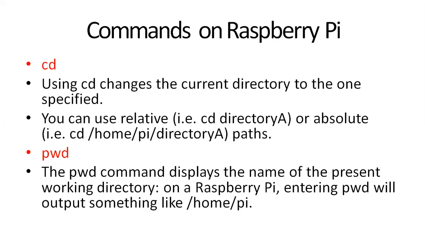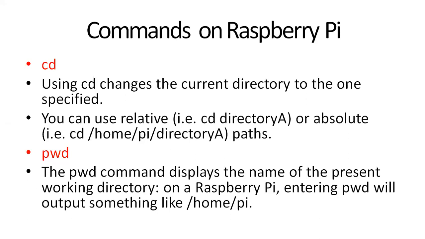There is a relative path, where you directly give the C drive. Absolute path in the sense /home/pi/directory C. That's called an absolute path. There are differences. That means you are in the current directory, the current folder, so you may not need the absolute path. Sometimes there is a requirement to go from one directory to another directory. You have to change from one directory folder to another. Then you require the absolute path here. cd is for change directory.